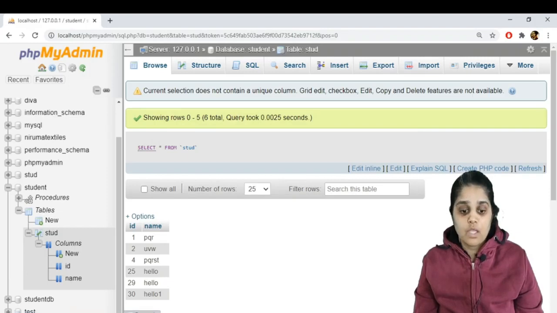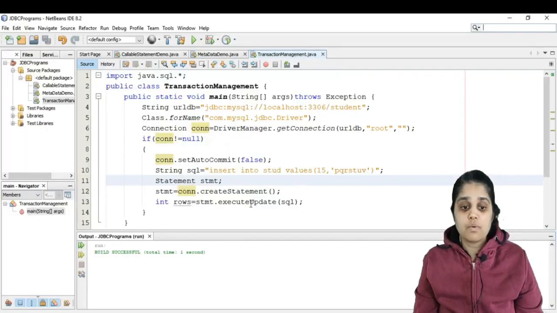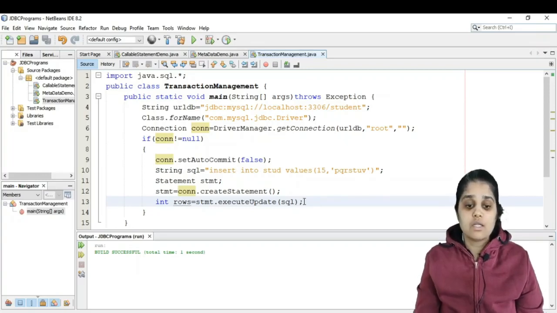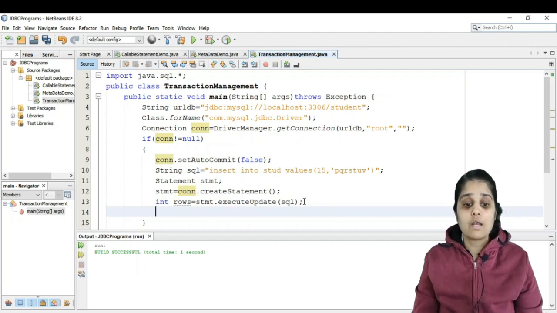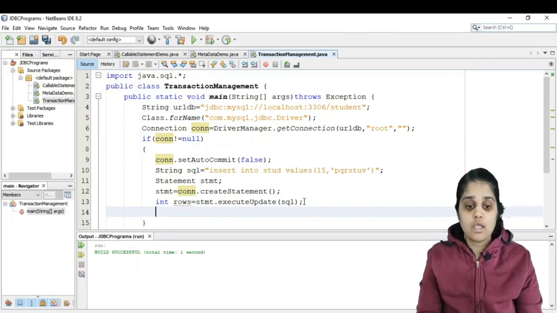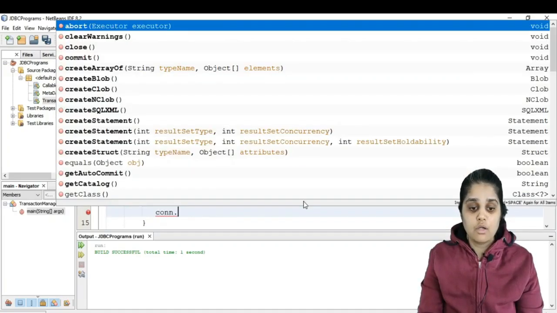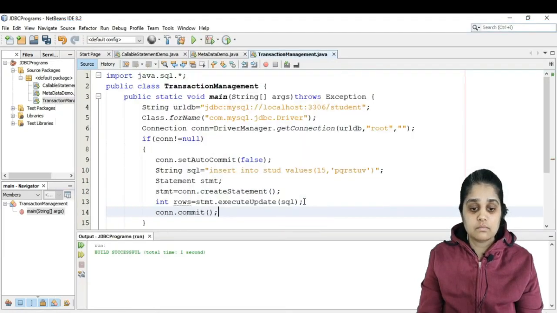No. Now if this operation is correct, if it is successful, then you are supposed to store it. So now it is successful, there is no error in this particular operation. So what I can do is reflect it in the database by con dot commit.